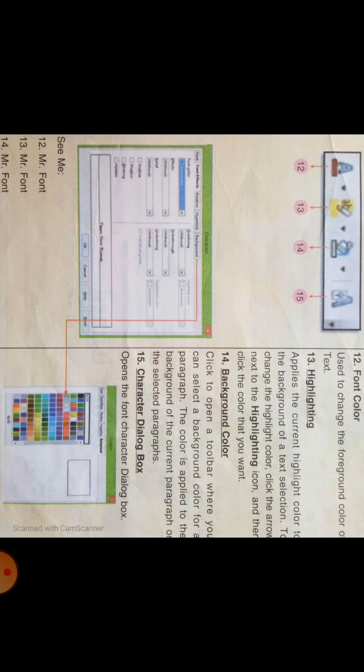Background color. Tool number 14. Click to open a toolbar where you can select a background color for a paragraph. The color is applied to the background of the current paragraph or the selected paragraphs.